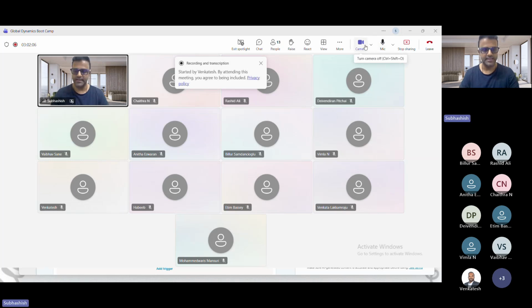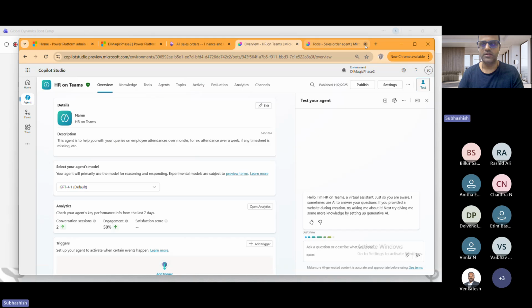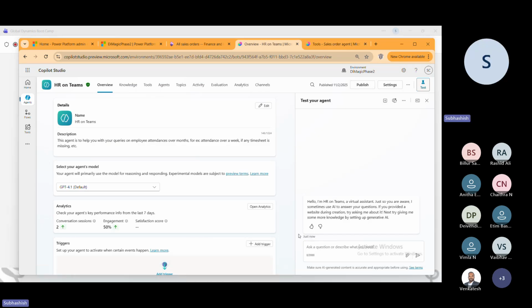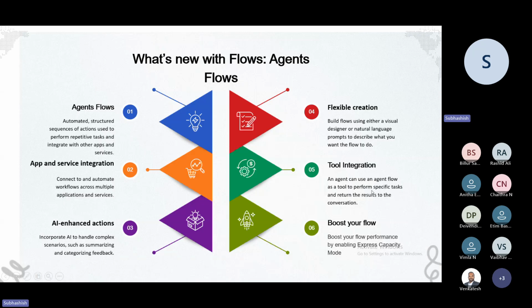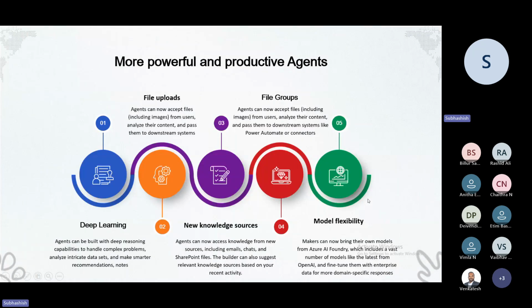Okay, all right. So let me take you to my presentation once again. And okay, so these are agents. So what has changed in agents? The most important thing about the agents are the file upload and the file grouping capabilities, which were not there. The file groups means, for example, in this example itself, I have the